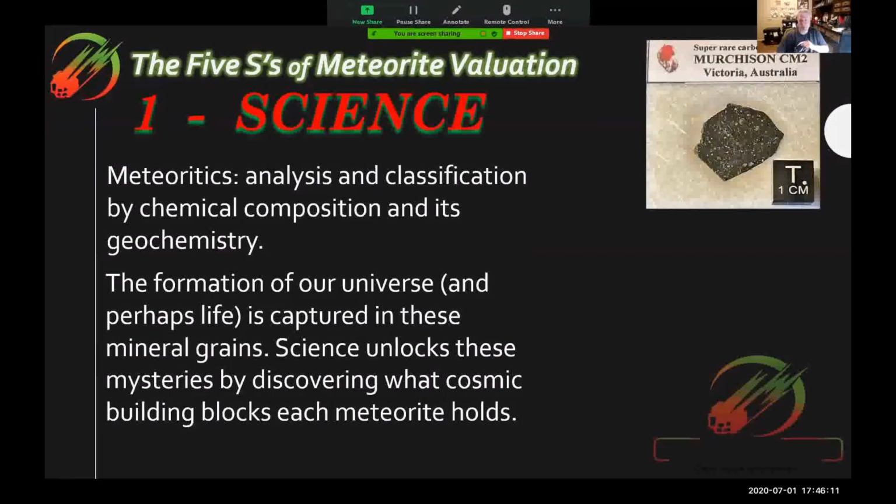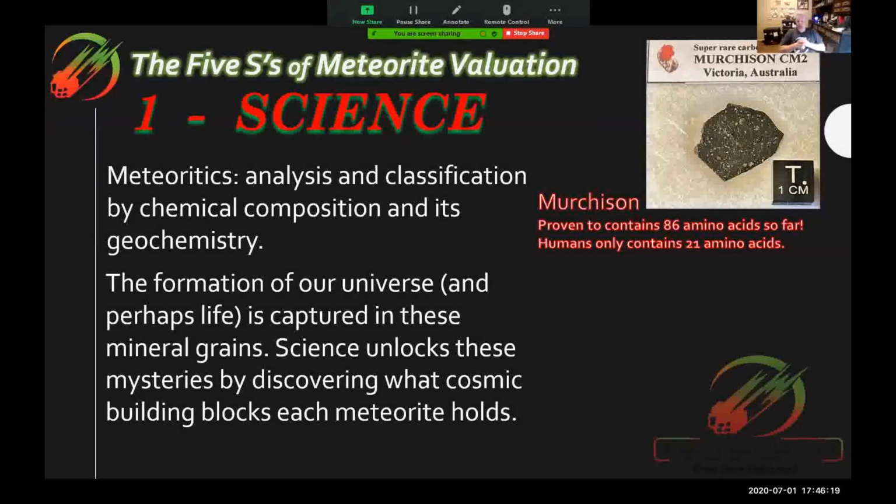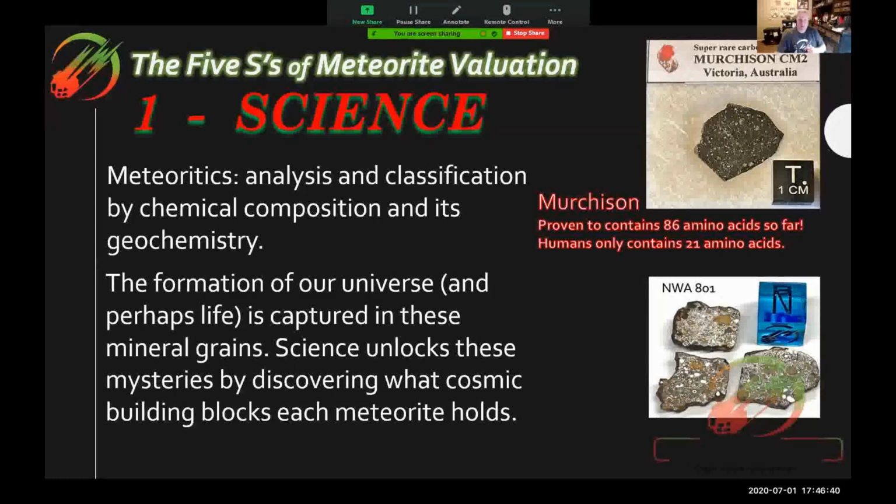One that springs to mind is Murchison. Murchison is flying up in price right now. Murchison is really, really cool. It has been proven to contain 86 amino acids so far, and it's still being studied. Humans only contain 22. Panspermia, anyone? The next one that comes to mind as far as recent scientific discoveries of the geochemistry is NWA